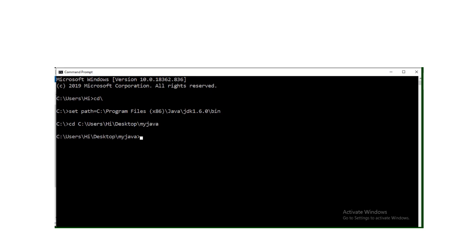Now next, compile the program: javac XYZ.java. Now here our program is successfully compiled. Now next, execute this program: java XYZ. Now here is the output of our program: addition of a and b equals to 60, and the welcome message.